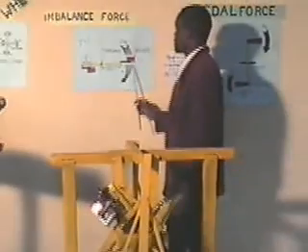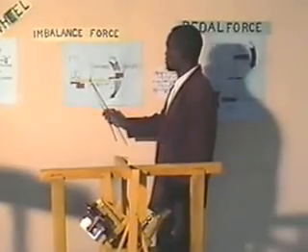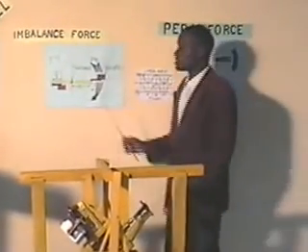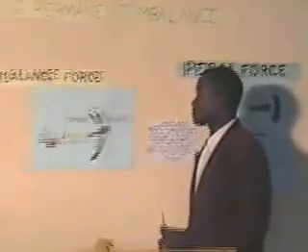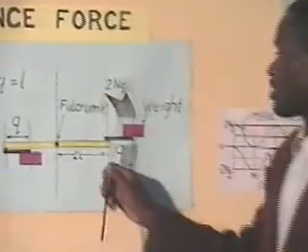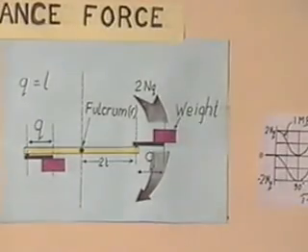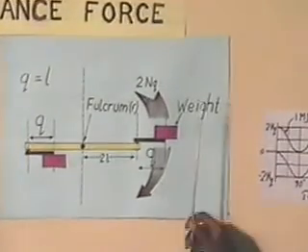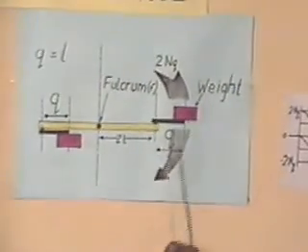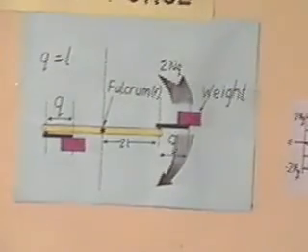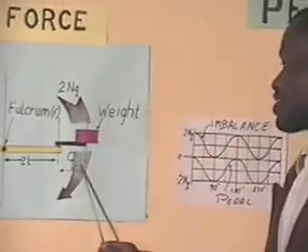From the way this weight is distributed on the machine, it is clear that this weight is further from the center point than this weight. And from this distribution, there is a force created on this side. This force is known as force of moment. This moment can be calculated using the force created by this weight and the distance of the weight from the center point. In this case, this distance is 2L plus Q.